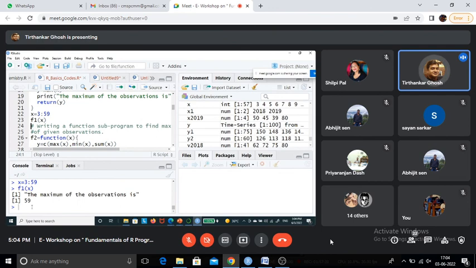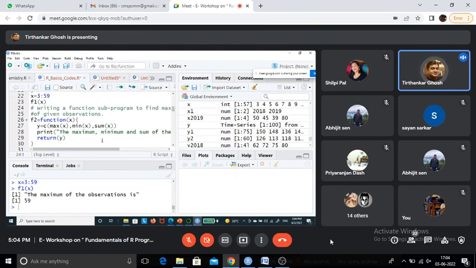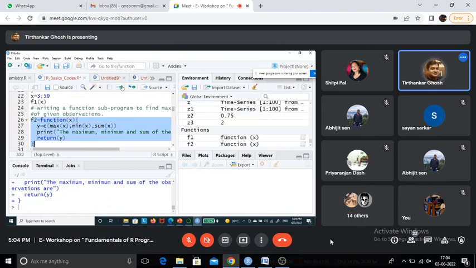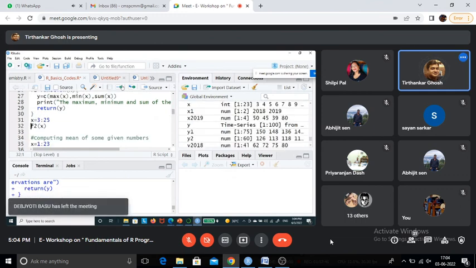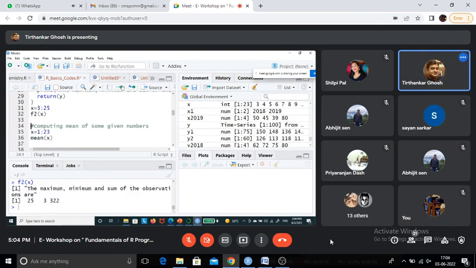So the same function code that is written here is being run. Similarly, here also maximum, minimum, and sum. This is the function code. It ran, and now I am going to get the value for a particular x. Say x equal to, let us take here, 3 to 25, so that the result is different from the slide. So I got 25 as the maximum, the minimum is 3, and 322 is the sum.